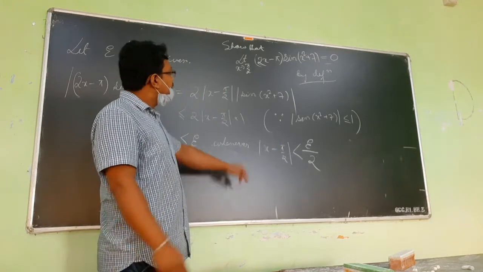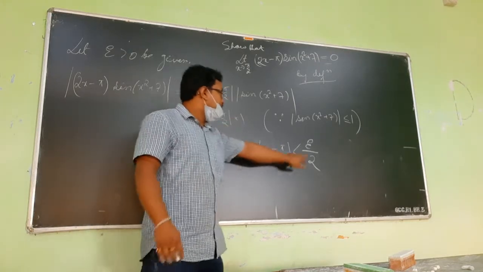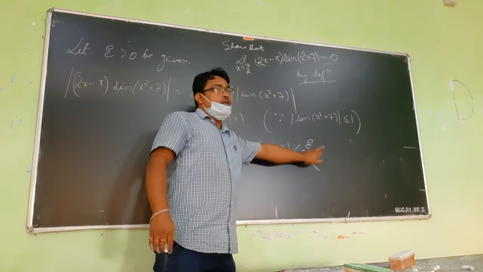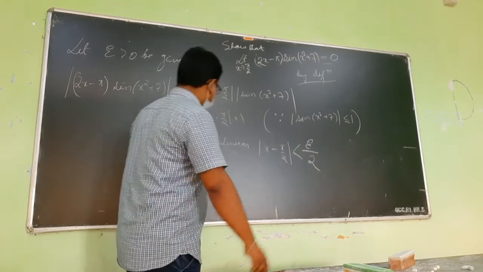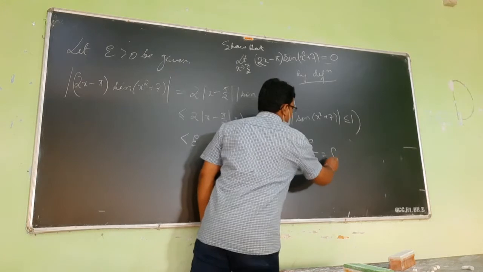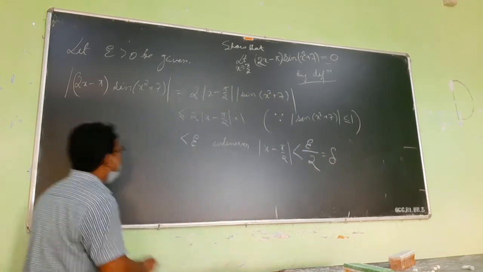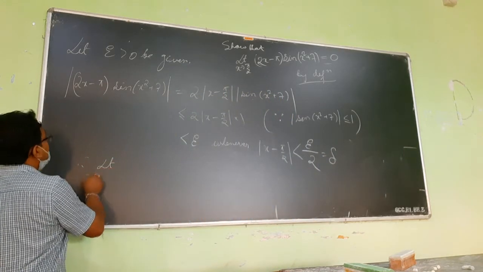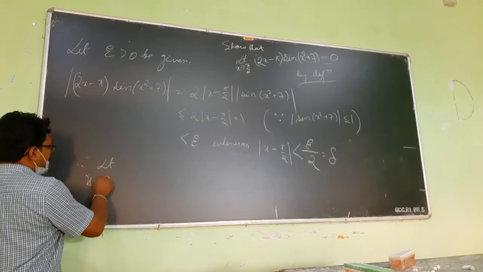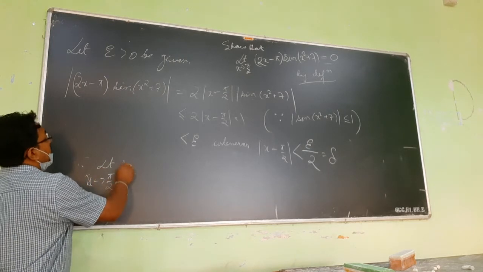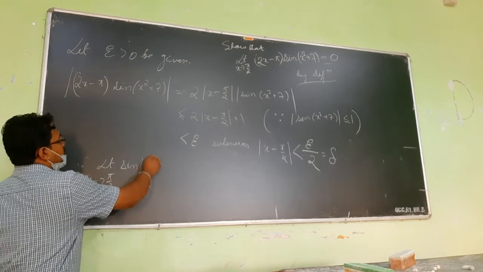So in this case one condition is there. So epsilon by 2 is our delta. Therefore, the limit as x tends to pi by 2 of sine of x square plus 7